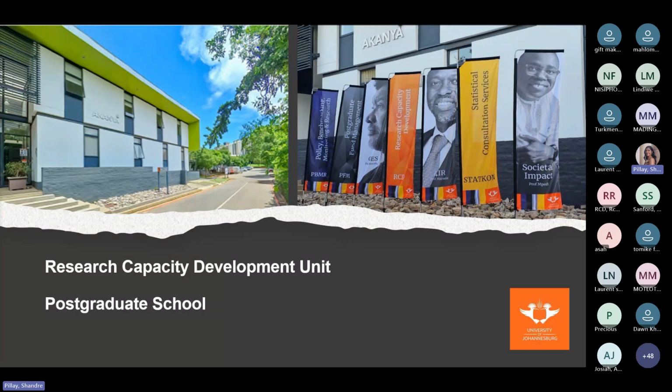So there will be no new registrations or enrollments, but certain aspects of it will be incorporated into the postgraduate diploma for teaching in higher education, which is done by the Academic Development Center. Maybe you can reach out to them as well. That's accredited as well.